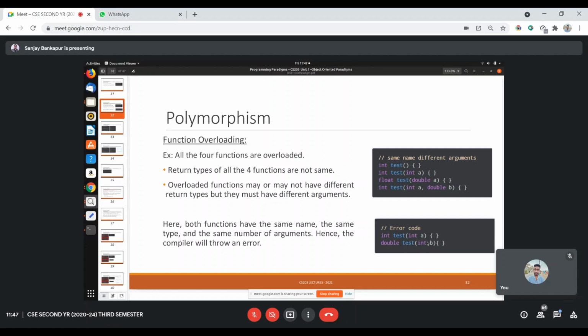If the function name and its signature are the same and just the return type is different, it doesn't work. It throws an error. This is not really a limitation; such things don't come under function overloading. Similarly, operator overloading also has some exceptions. We'll see.